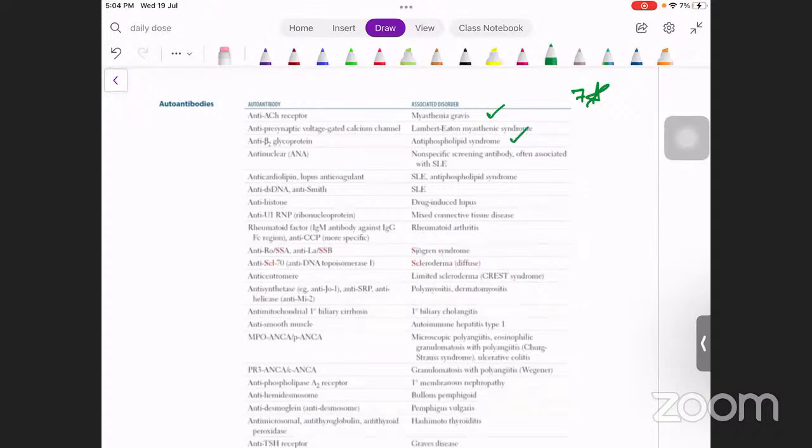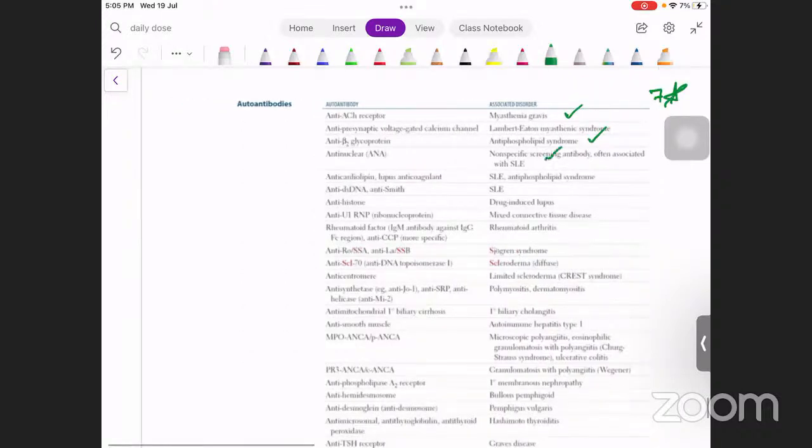Beta-2 glycoprotein, APLA, antiphospholipid antibody syndrome. You may see the anti-beta-2 glycoprotein. Okay, ANA, SLE; cardiolipin, SLE and antiphospholipid; double-stranded DNA and Smith, SLE; histone, drug-induced SLE; U1 RNP, mixed connective tissue disease; rheumatoid